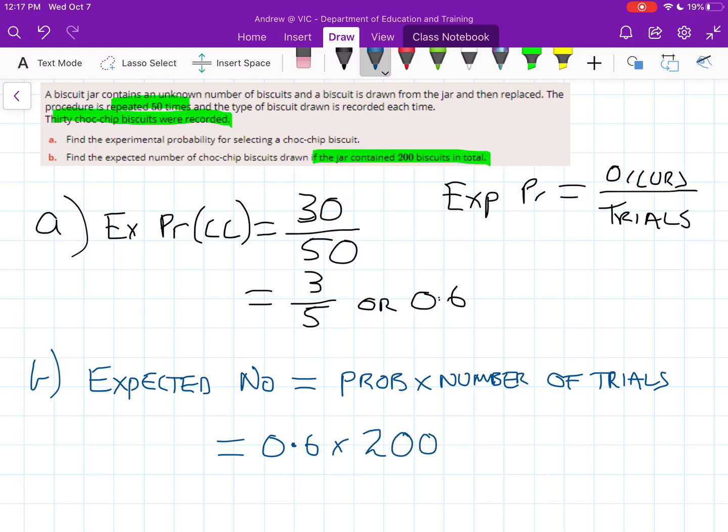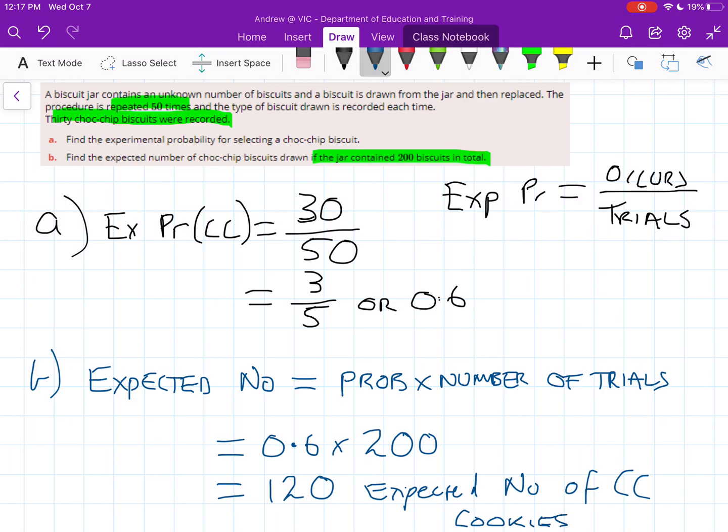So 3/5 by 200 or 0.6 by 200, this actually equals 120. So there'd be 120 as the expected number of choc chip cookies when there's 200